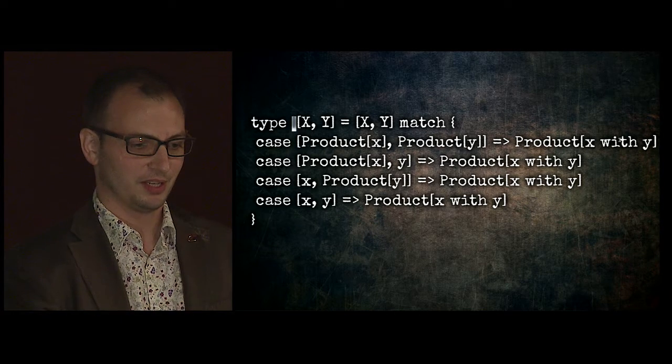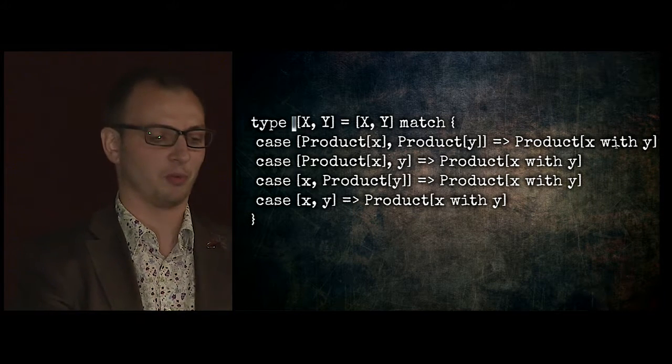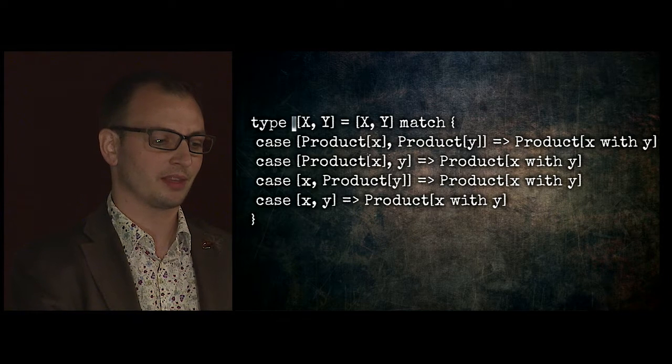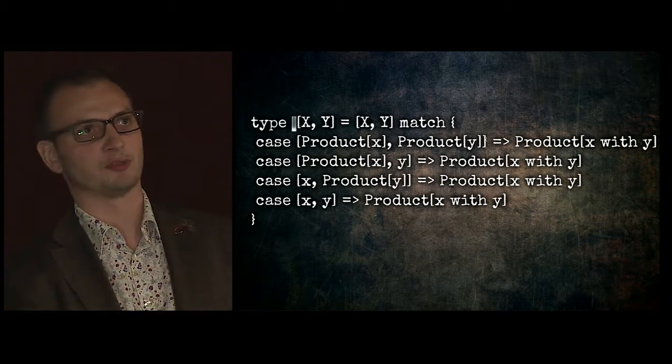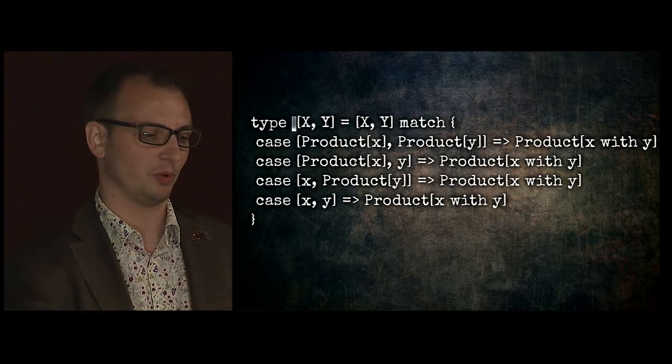If you look at all of the possible cases, the right-hand side is always product of x with y, but where the y comes from and where the x comes from are different. They have to be this way round. It has to do this one first because this is most specific. X and y are arbitrary. We don't know what they are, but